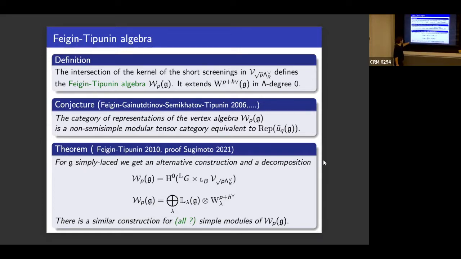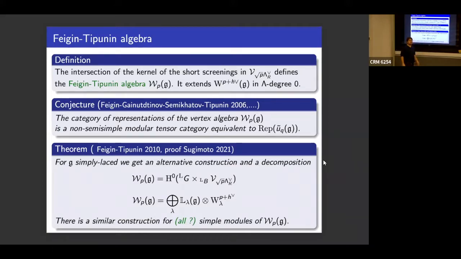And similarly, as you get this vertex algebra, you also get modules over the vertex algebra. And I put all simple modules here because, as far as I understand, but correct me, I think it's not proven that they are all, right? Yeah, we think they should be all. That's why I put it, but it's not proven. Exactly. But this is, I think, a very different type of argument.